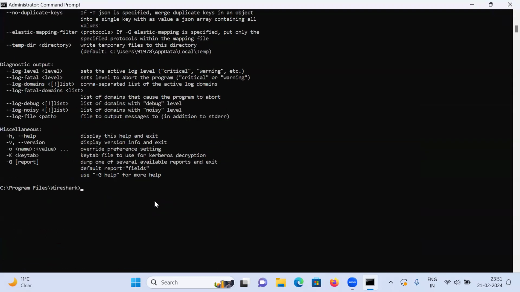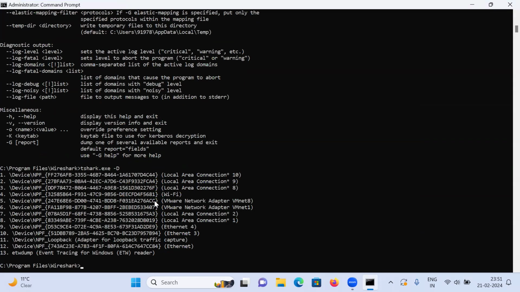So first of all, we need to get the list of the interfaces, which we can do with minus D capital. So it will list all the interfaces. So we have a Wi-Fi interface that is number 4. So we need to pass this parameter: tshark minus i, 4 is the number